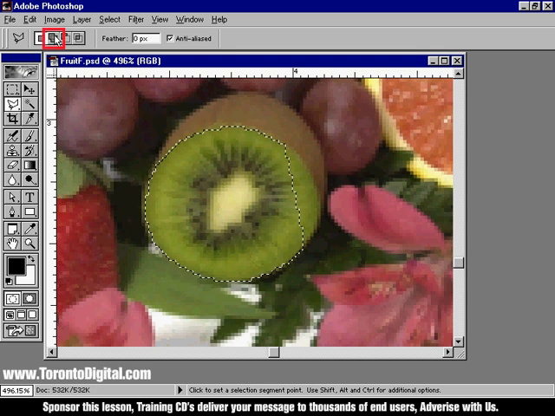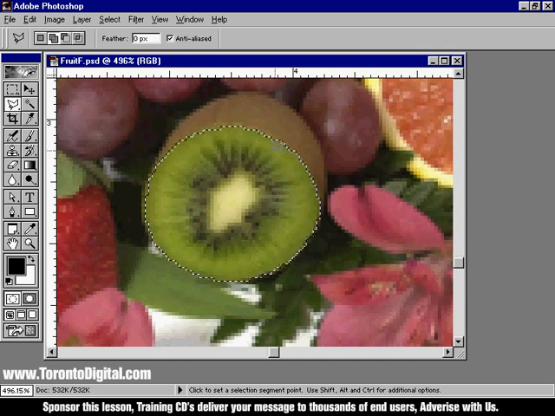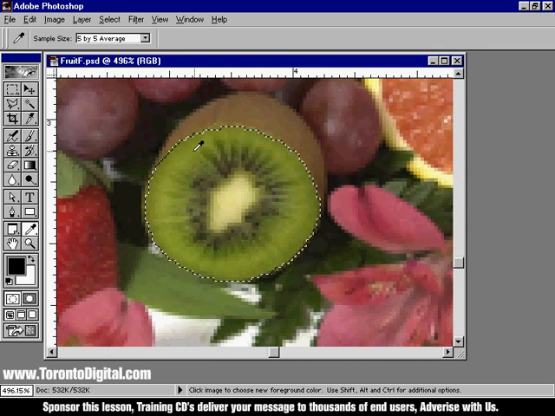From the options bar, I will choose the Add to Selection button to fix the selection I have made. The Polygon Lasso tool is now displaying a plus sign underneath it, indicating that a new selection will be added to the existing one. Using the Eyedropper tool, I will click on the kiwi to set its color as the